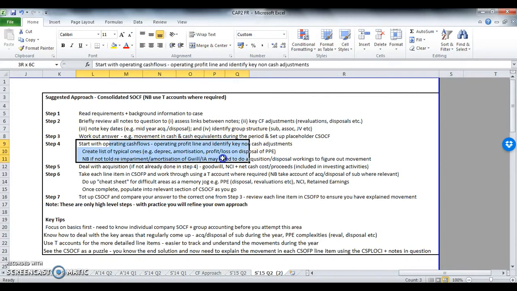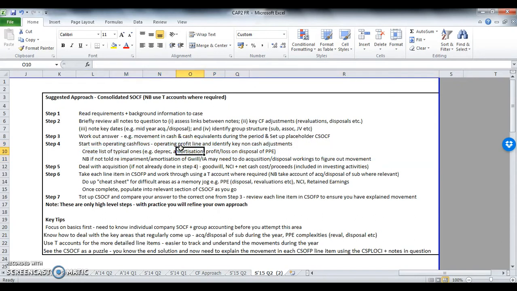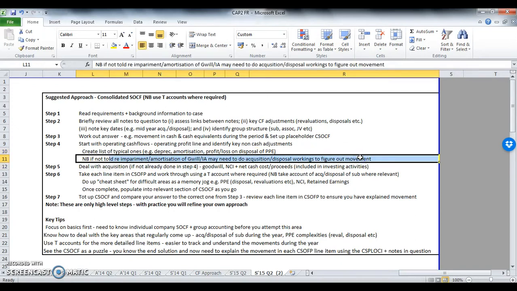Step 4, start with the operating cash flows. Again, you start off with your operating profit line and then your non-cash items, very similar to an individual IAS 7 question. My advice would be to create a list of typical ones. You're always going to have depreciation and amortization, and you might have profit or loss on disposal. Those are the typical non-cash item adjustments you see in questions. One point here is, if you're not told about depreciation, impairment or amortization, you may need to go back and redo the PPE T account if you're not told depreciation, or you may need to do the goodwill